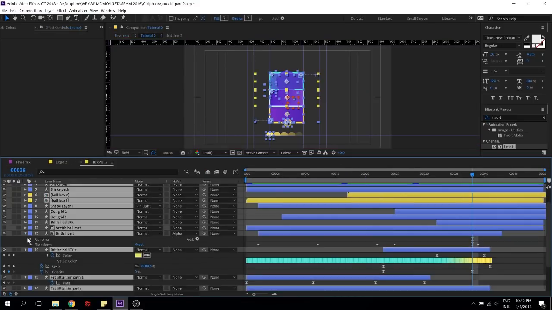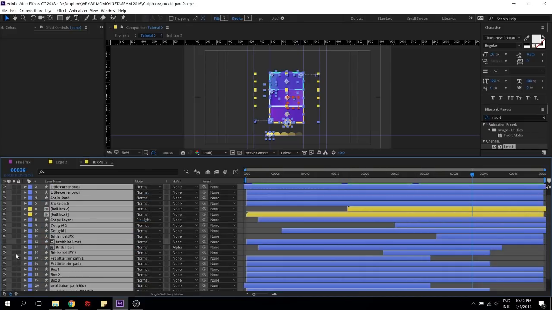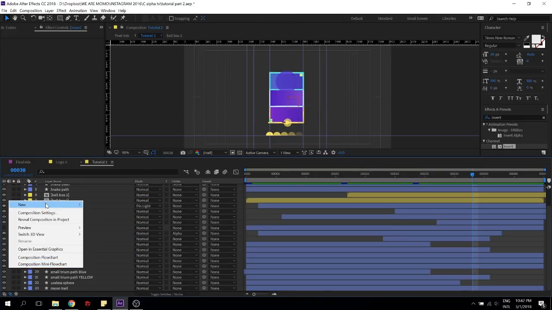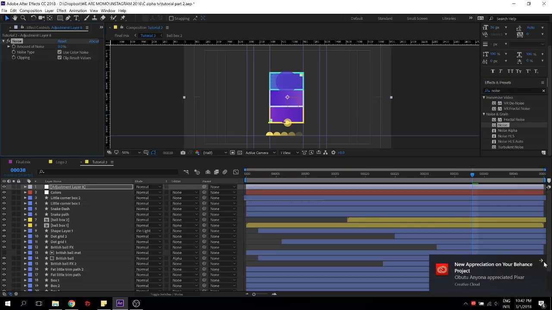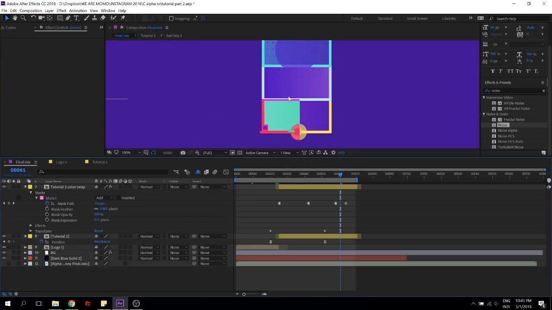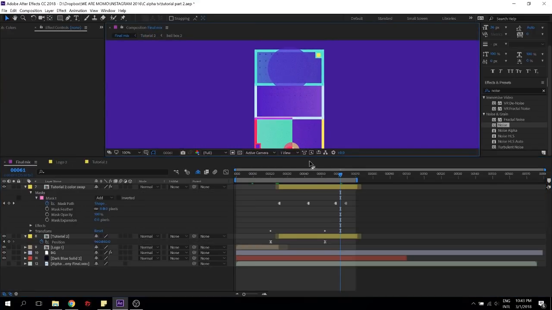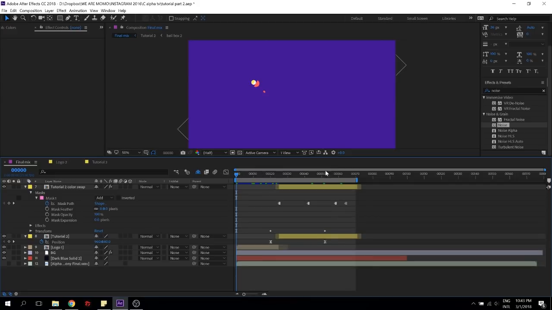I'm going to close everything, and then I'm going to go to new adjustment layer, because I want to affect everything. And I'm going to go here and use an effect called noise. And right here, all I need to do is crank up the value. So this is what it is. See? All I need to do is 15%. And if I go back here, there we go. It's a bit noisy and it's cool.